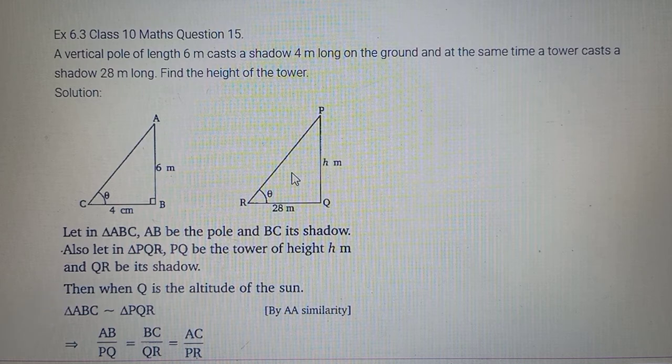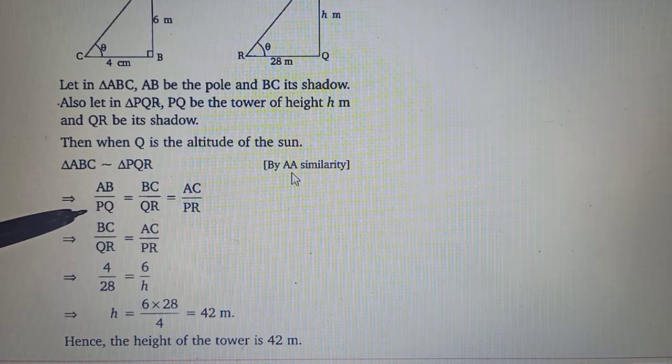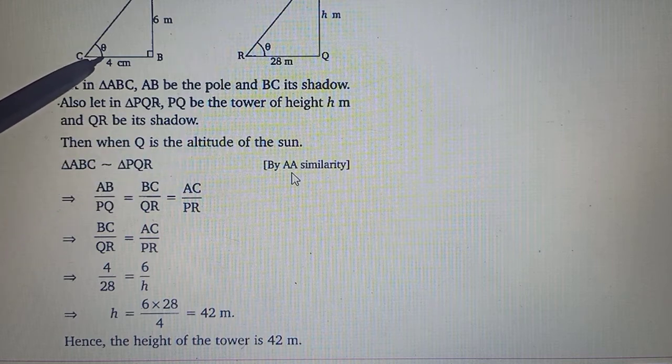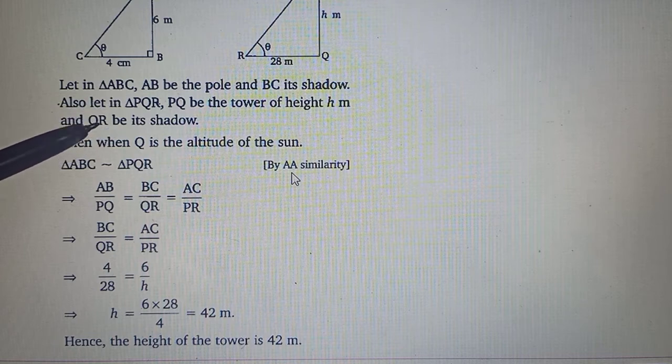Then these two triangles will come out to be similar. Okay, see it this way. So by AA criteria, these two triangles are coming out to be similar. Why? I've told you, 90 degrees and the altitude of the sun. What are they saying? You would say angle C is equal to angle R, the elevation of the sun at the same time. That is what your reasoning will be if you want to show them similar.